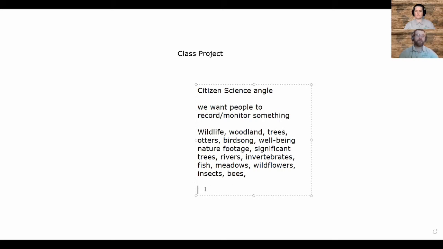But it may be that we just ask people to tell us what are the places that are important to them? What are the really special nature places? And that fits in well with the significant tree project, because that special nature place might be a tree. Exactly.